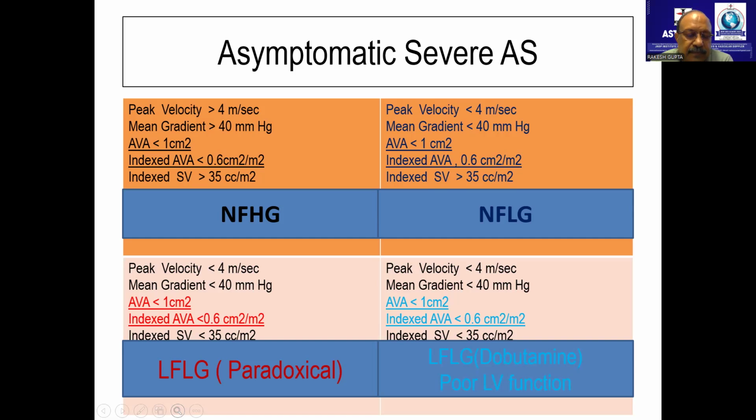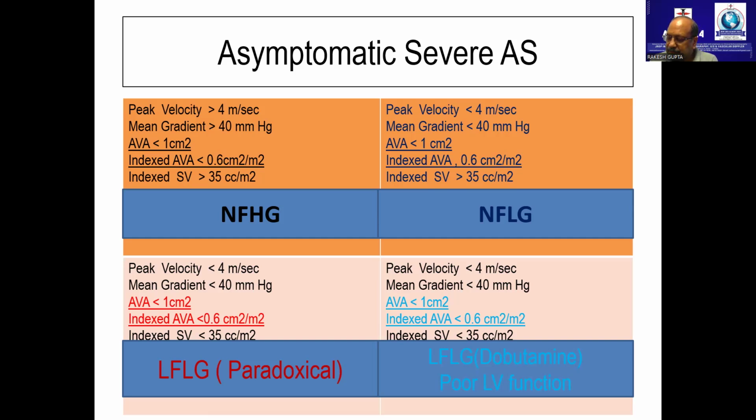But the volumes are increased, so will they cause high gradients? Volumes will not increase the gradients. Pressures will. Volume will always increase the peak gradients, not the mean. Okay. So in the criteria, we have the mean gradient. Look, I never said peak gradient. I said mean gradient, the average of all instantaneous gradients. You just trace the Doppler spectrum pattern, and it will give you peak velocity, peak gradient, mean velocity, and mean gradient.